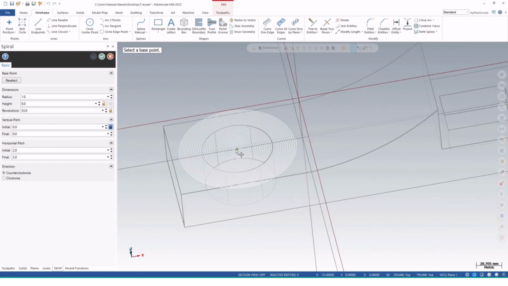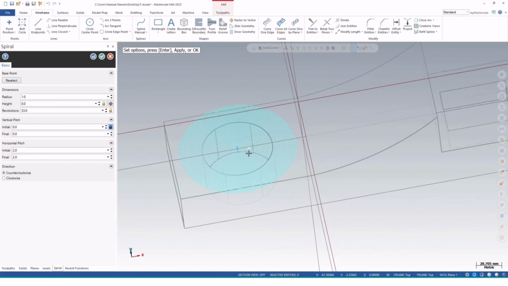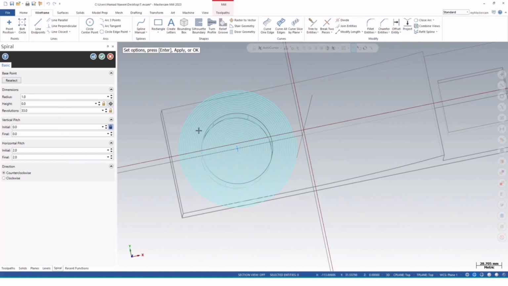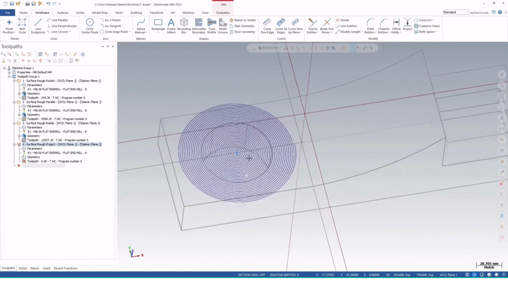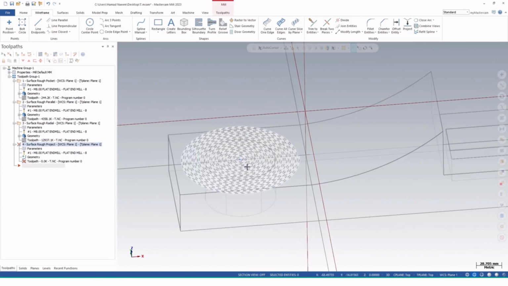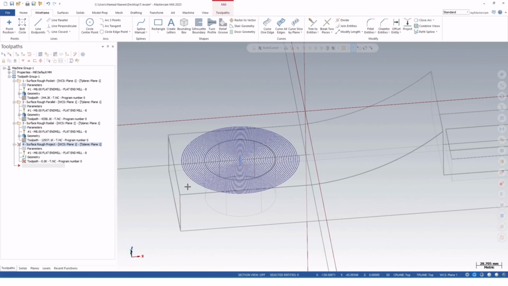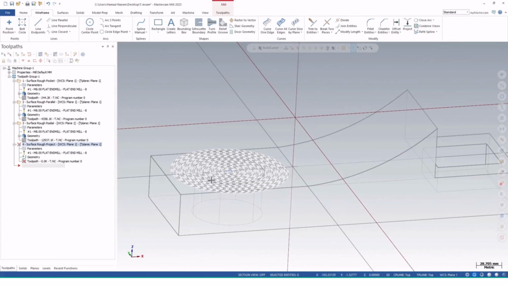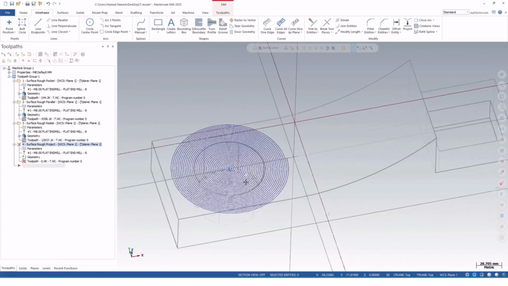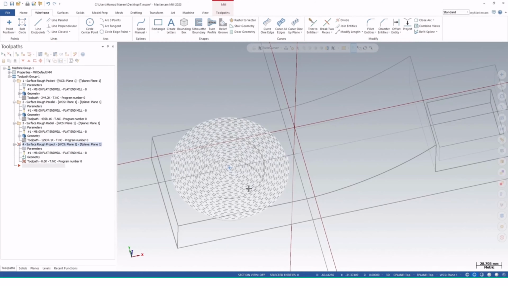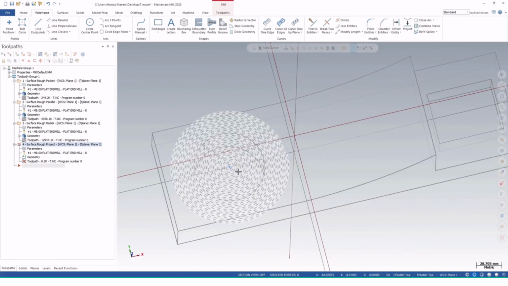Okay, so once you see this, these are 2D curves. Okay, so all these are 2D curves. What I want is for all these 2D curves to be projected on this surface, and all my tool path will work like this. So it actually gives you an ultimate factor that you can do as you want. The tool path will work according to your desired